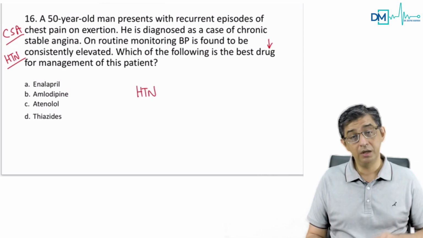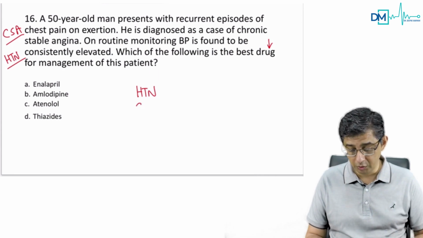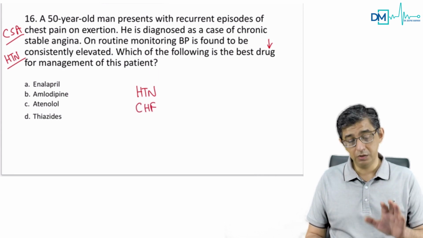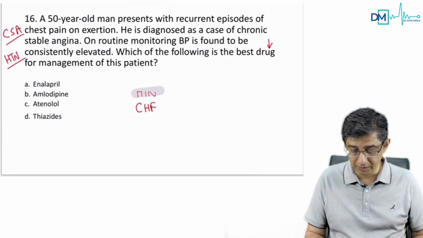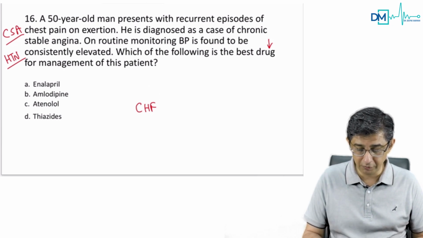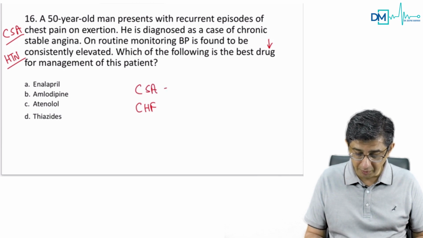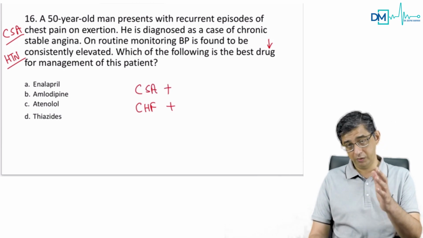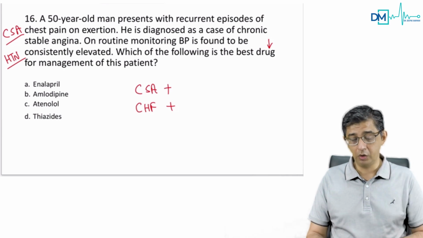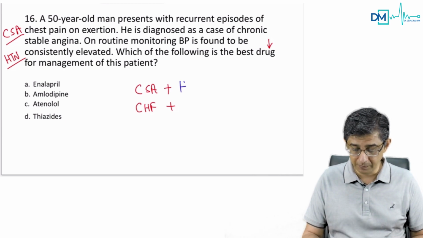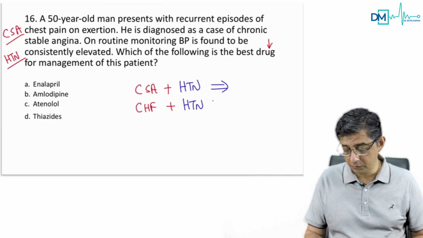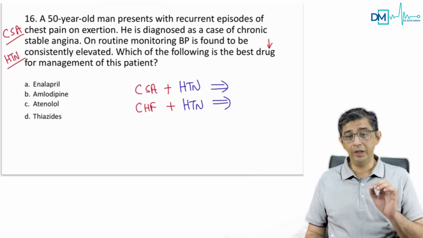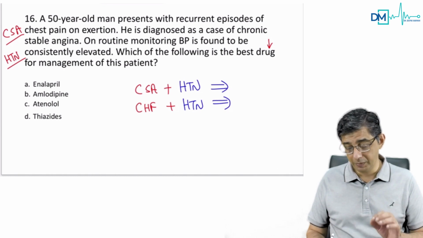In fact, the pharmacologist has discussed one MCQ on congestive heart failure also. So I just want to highlight the fact that when you are having a combination of, in fact, I'll write it like this. Listen to my words very carefully. Even if you have come here just by chance listening to this video, I want you to pay attention. In a patient of chronic stable angina with hypertension, and in a congestive heart failure patient with hypertension, in both of the scenarios, the mortality reducing drug that you would be using would be as follows.